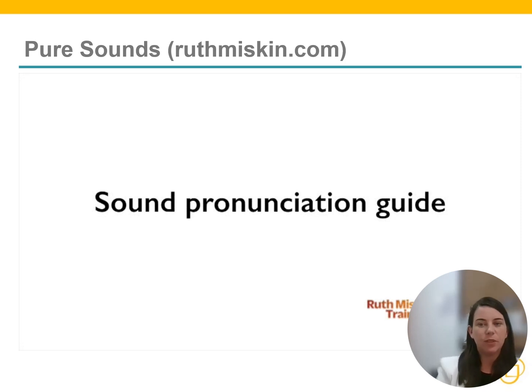Sound pronunciation. The children need to know the sounds, not the letter names, in order to read words. We say the sounds in a way to make them easy to blend into words. The aim is to eliminate the uh at the end of the sound. This is called a schwa. You can see here, for example, if we say the word cat, c, a, t, cat. This is opposed to cuh, a, tuh, cat. So certain letters where the children tend to add the uh sound are f,